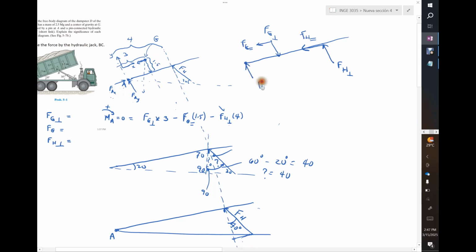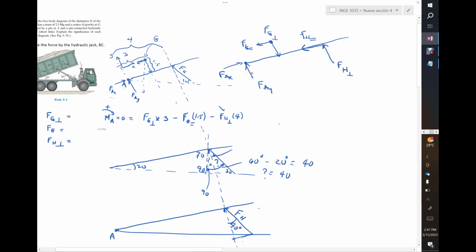but then I have another force here, which is FAY, which is normal to the bar, but I also have one that is tangential to the bar. That's going to be FAX. I think that I have all the forces. These two guys here on the pin, no moment because it's a pin, and I have these two forces due to the dumb weight, the force that is perpendicular to the bar and the one that is tangential to the bar, and I have here again the hydraulic force of the jack, which is perpendicular, and the one that is tangential. I know these forces already, all of them, so it's easy to solve for these guys,